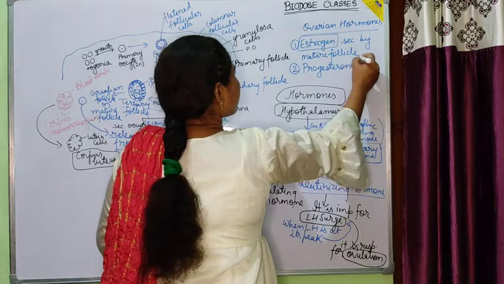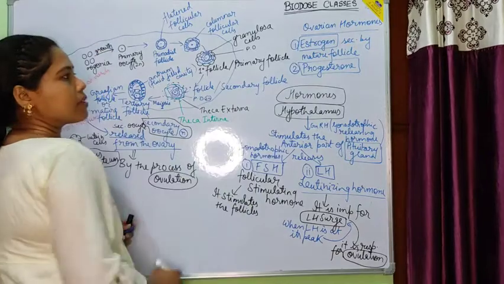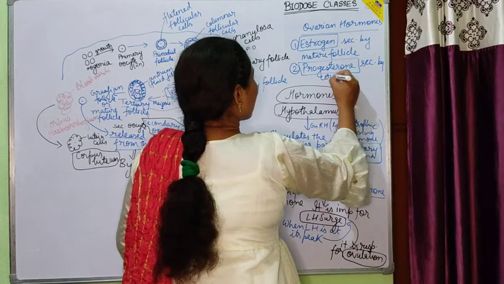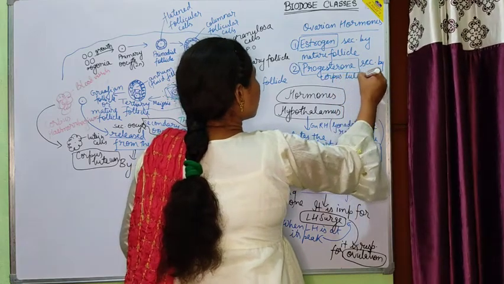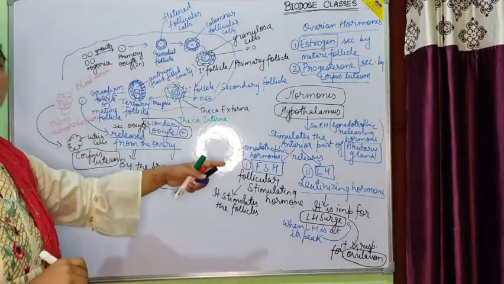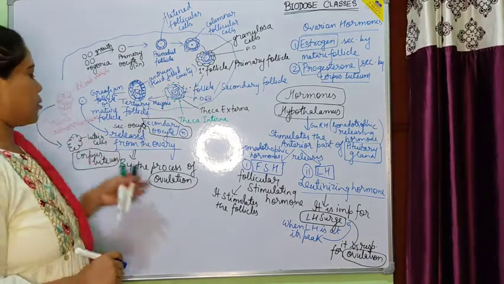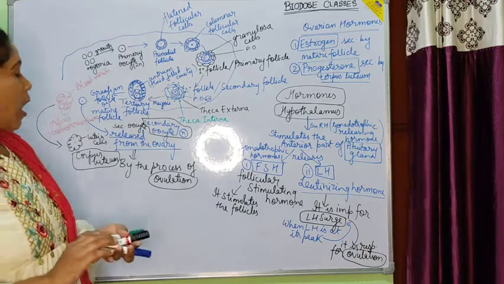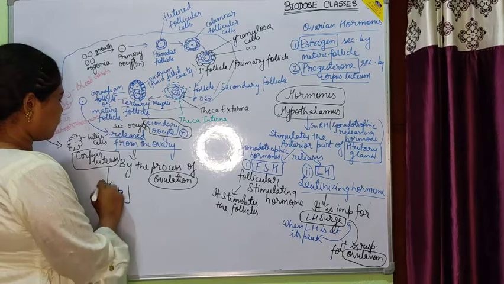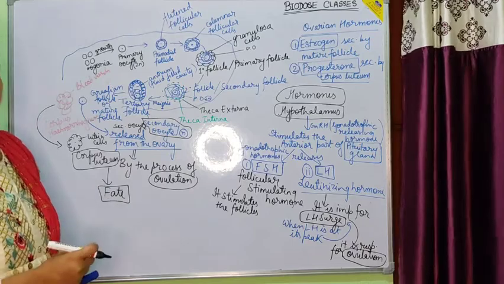But the second hormone is known as progesterone. Now what we would see, this corpus luteum is actually responsible for the secretion of the second hormone. So it is secreted by corpus luteum. Now this corpus luteum, if it persists, if it is present inside the body, the fate of this corpus luteum would decide whether fertilization would occur or would not occur.